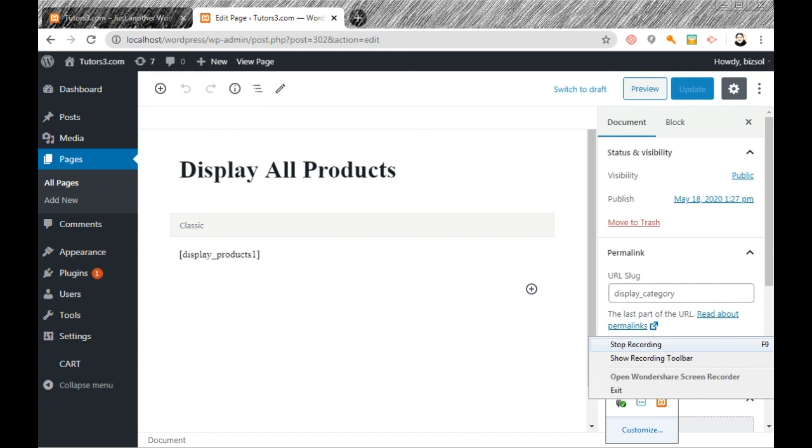This is display products 1, the short code. This will display the list of products. So this is how we create the complete shopping cart.